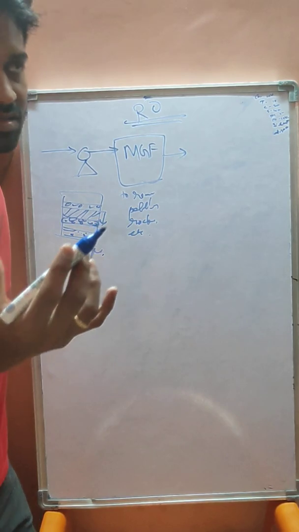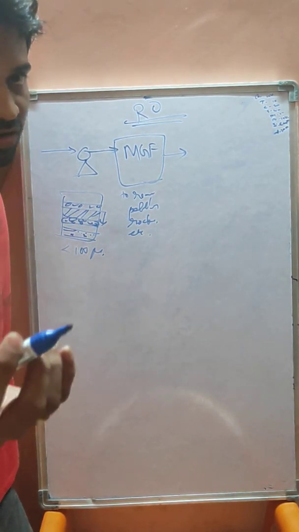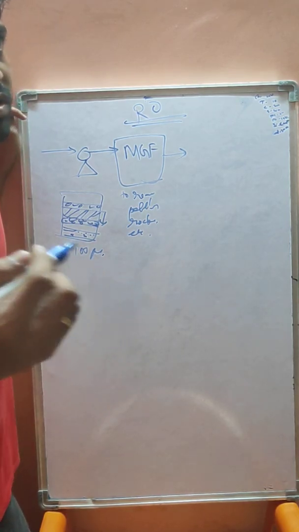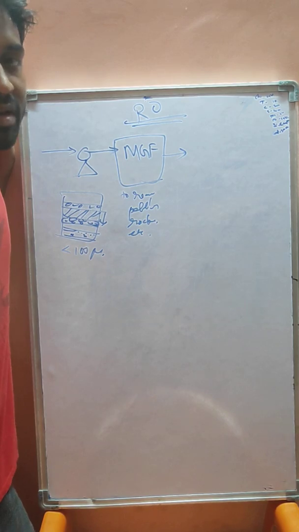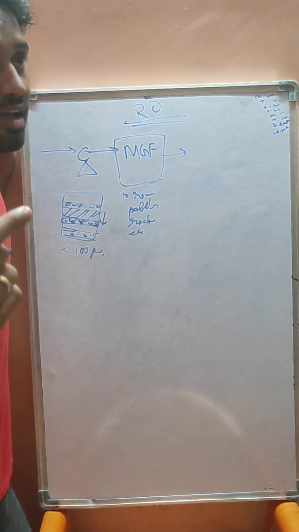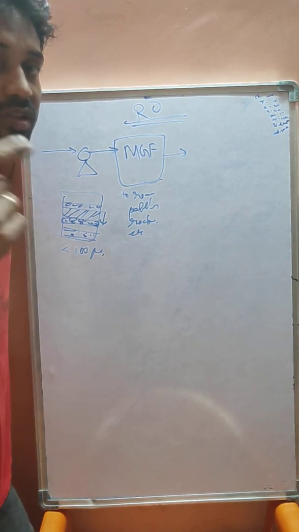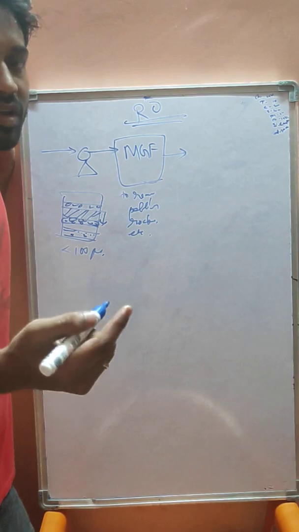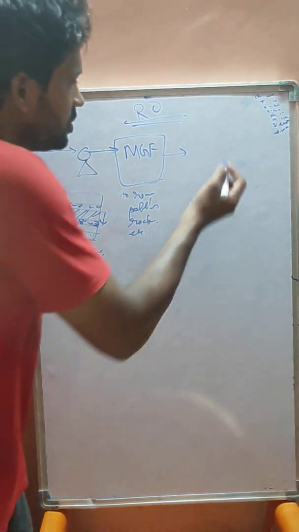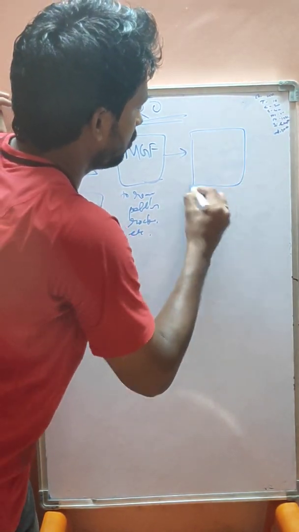Here we have two cases. You can use an ultra filter or an activated carbon filter, depending on the plant. If you go for a refinery or petrochemical industry, mostly they will go for an ultra filter also. They may use both filters together, or any one of them based on the purpose. If it is a small scale industry, we can directly go for an activated carbon filter. So here they are going for an activated carbon filter.